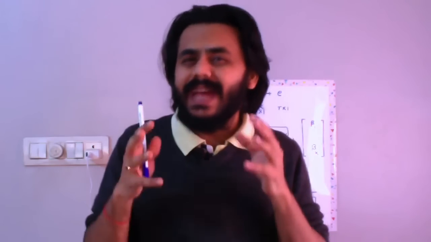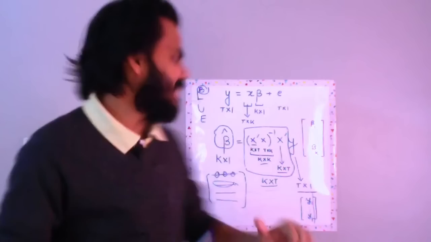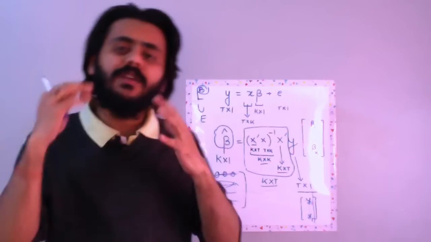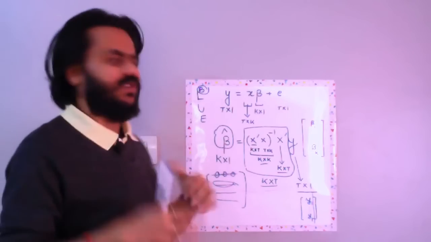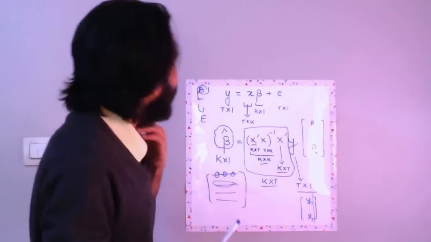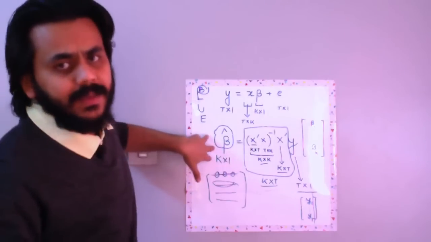But I just gave you an idea of what I mean by blue. First of all, I explained why it is a linear estimator, and why it is unbiased we have already covered in a previous video. Hence it is blue because it has the least variance among the class of linear unbiased estimators.